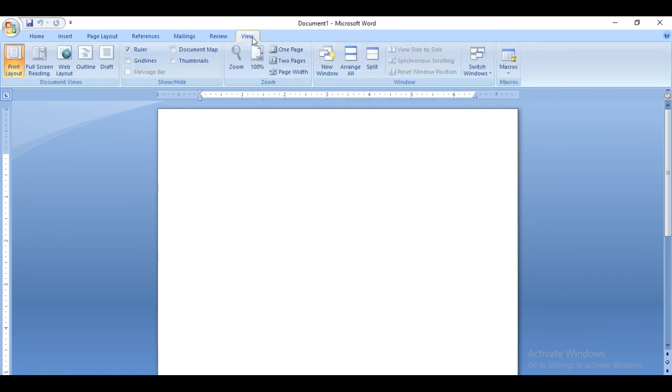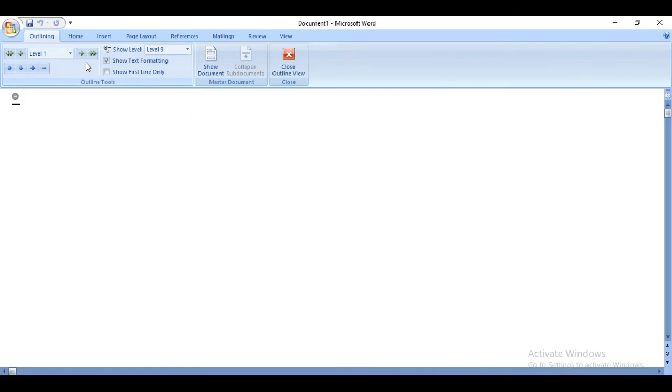In the Document Views group, go to Outline, which views the document as an outline and shows the outlining tools. Here we are going to insert some information that we want to import into Microsoft PowerPoint. So I am going to start.